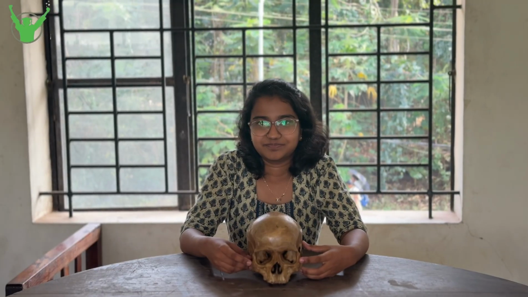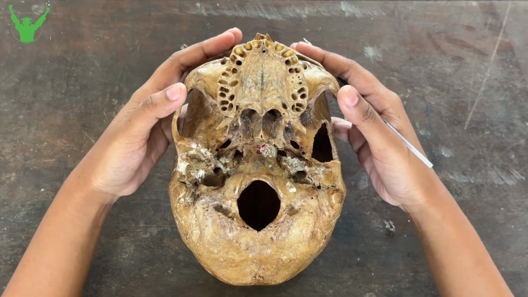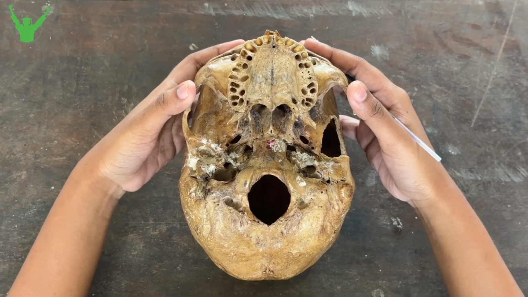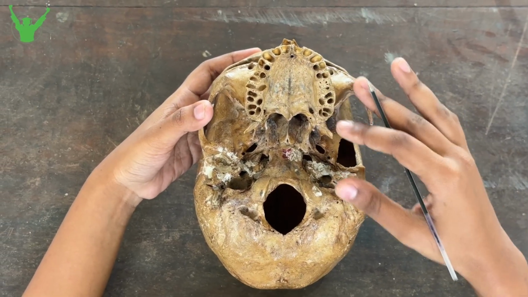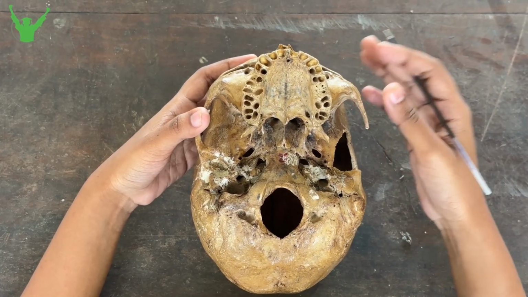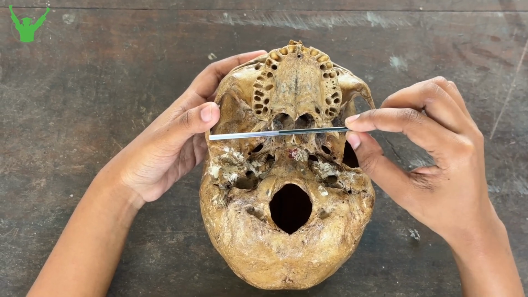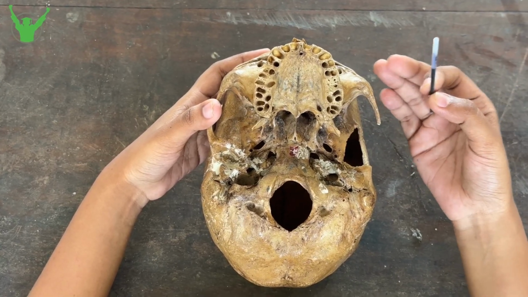Today we are going to discuss norma basalis. Norma basalis is when the skull is viewed from the inferior aspect. For the sake of convenience of study, norma basalis is divided into three regions: anterior, middle, and posterior, by two imaginary transverse lines. The anterior transverse line passes along the posterior free margin of the hard palate, and the posterior transverse line passes along the anterior